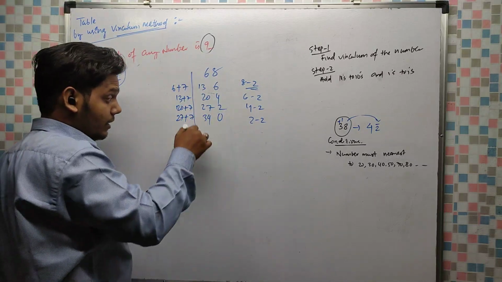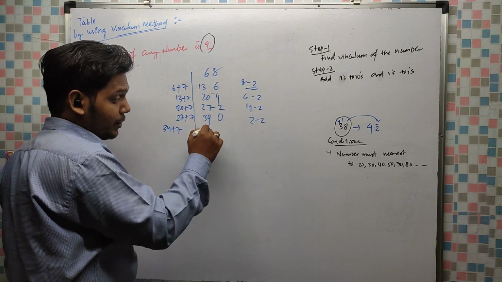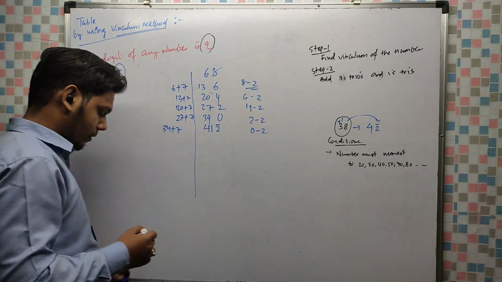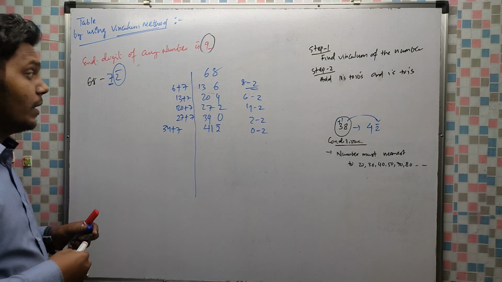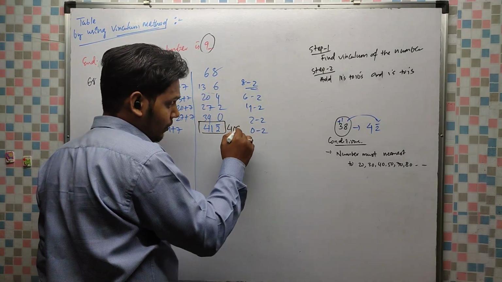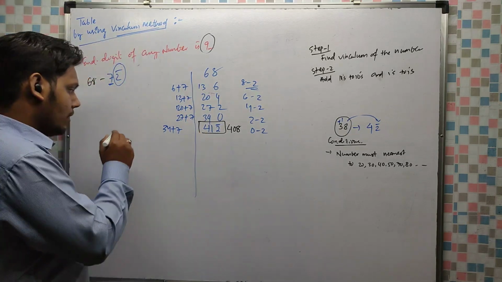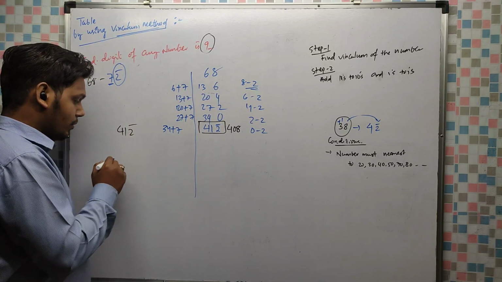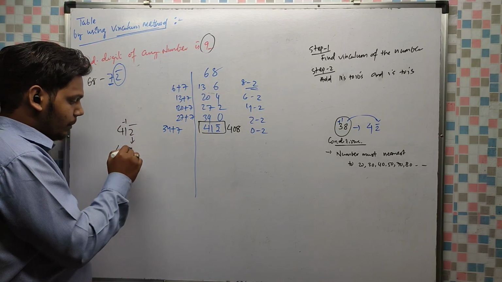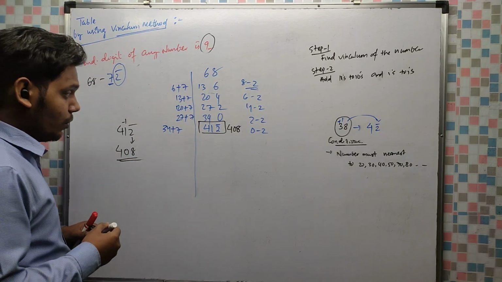Now from here little changes will find. 34 plus 7 is 41, 0 minus 2, this is 2 bar. So this 412, how you have to write? 408, because you have to convert this. Suppose 412 bar is given to us. 4, this number will be decreased by 1, 1 minus 1 is 0, and to complement 8 we have to write 408. So like this you have to do.